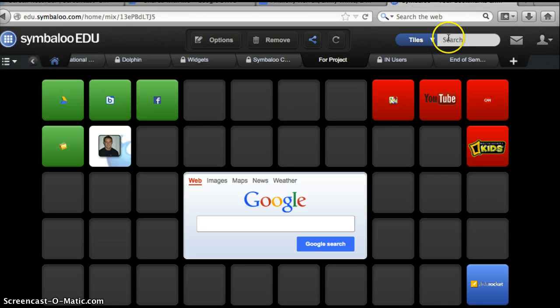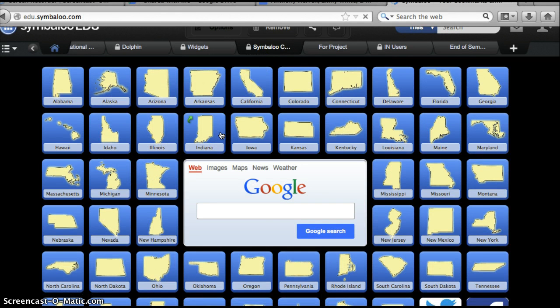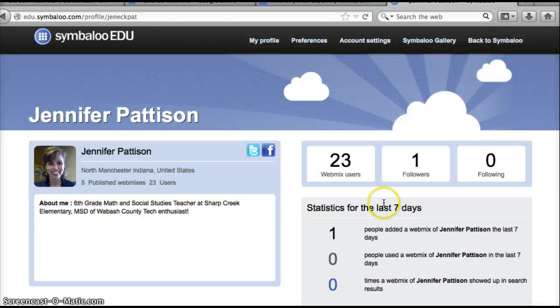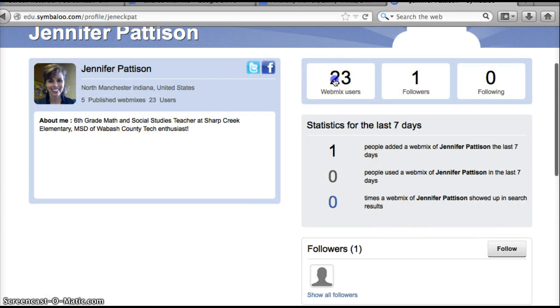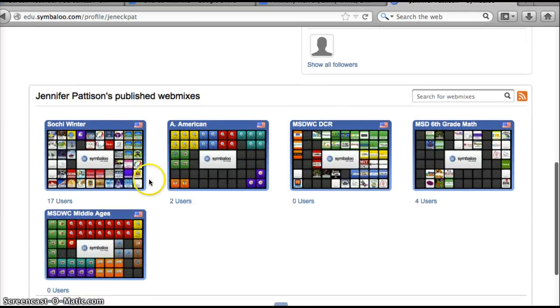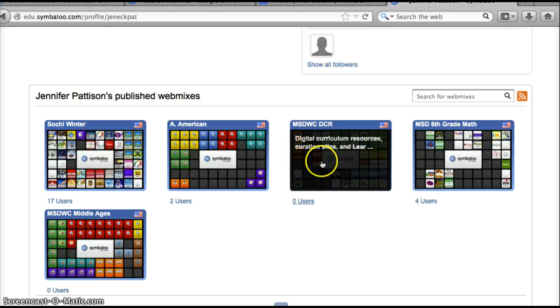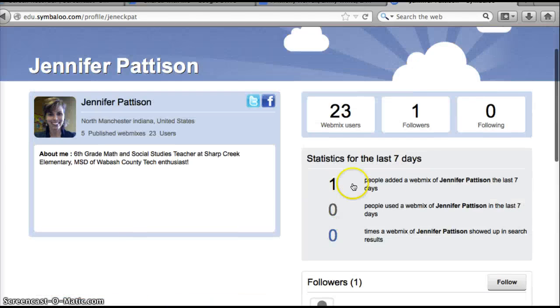Another really cool feature that Symbaloo has is here, this is Symbaloo collaboration, and you want to go to Indiana, and you can find here mine pops up some different teachers that you might want to follow. So Jennifer Pattinson is a math and social studies teacher, so you might want to follow her. She has 23 webmix users. She has different web mixes here, let's see, she has student resources for class project, 6th grade math, digital resources. So basically you can follow her,